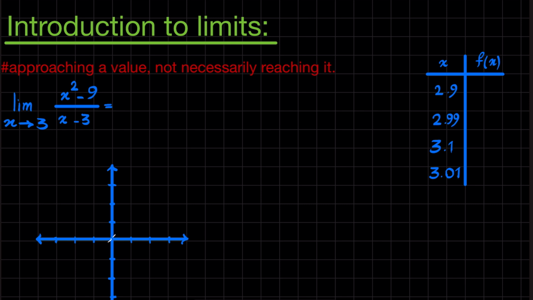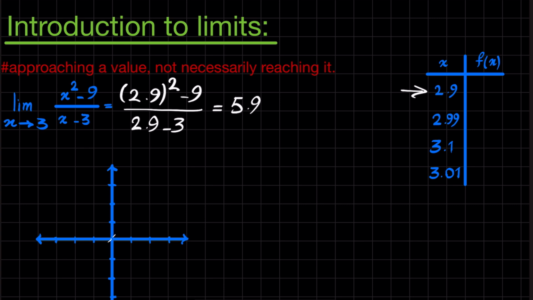So we're going to start with 2.9, which is close to 3, and if we directly substitute the value, we're going to get 2.9 squared minus 9 over 2.9 minus 3, which is going to be 5.9. If you just put the number directly into a calculator, you could see it. So we're going to get 5.9, and to get closer to 3, we're going to do 2.99,